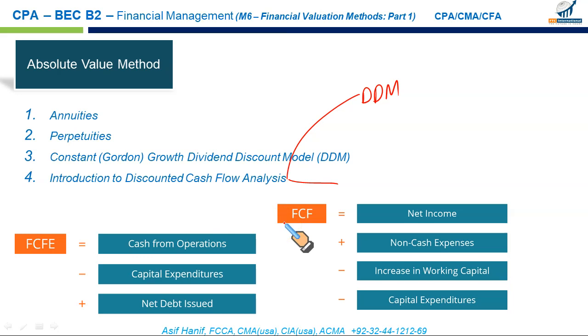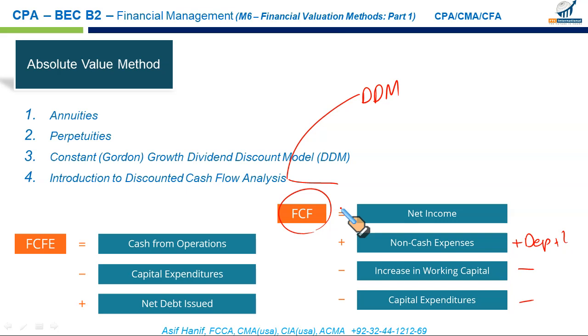Let me explain. Free cash flow to equity, just like when we prepare our cash flow statement, operating cash flow is calculated this way. We take net income. To this we add our non-cash expenses like depreciation, like loss on disposal, right? If there is investment in working capital, it is deducted, right? And if there is any investment in long-lived assets called the capital expenditures, it is also deducted. So taking net income, deducting working capital investment, deducting capital expenditure, and adding back the non-cash expenses, this will give us free cash flow to the firm, right? Free cash flow to the firm.